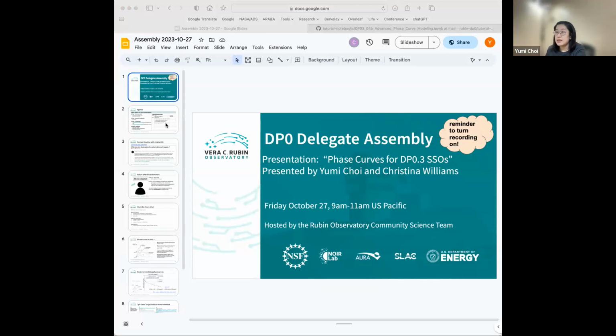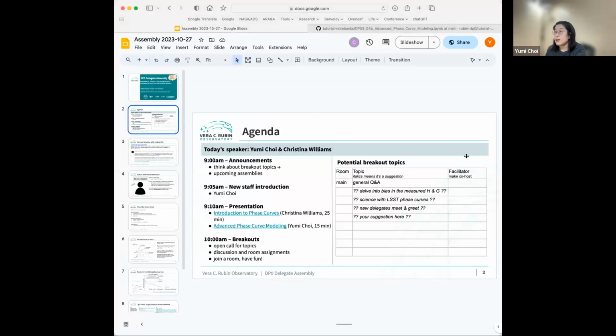And here's the agenda for today, and we'll have the notebook tutorial presentations for the first hour, and then go into the potential breakout rooms. So please think about what topics you want to work on today. There are a couple of suggestions available in the table.